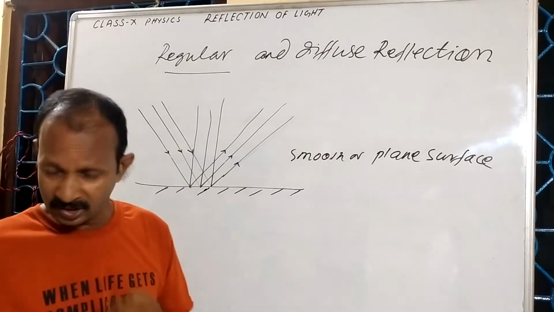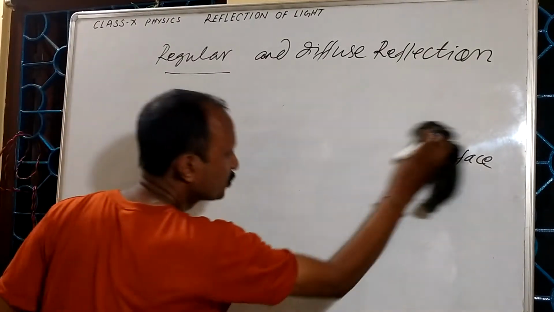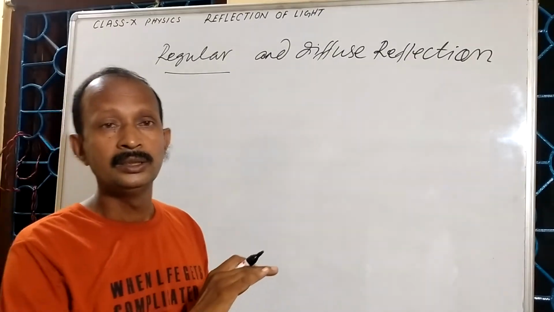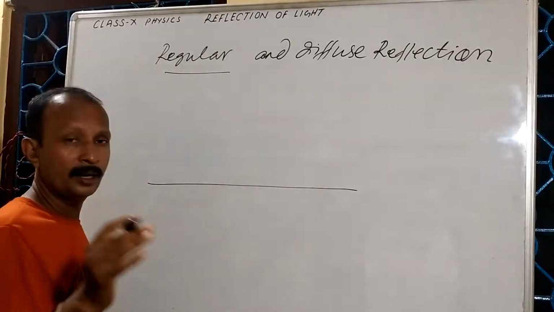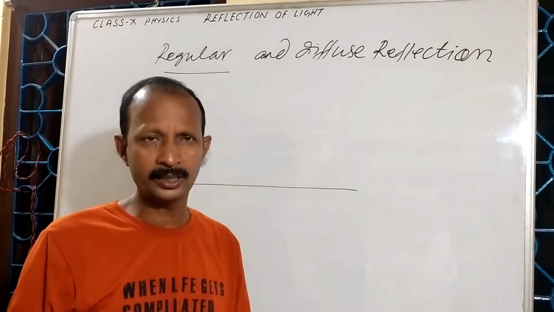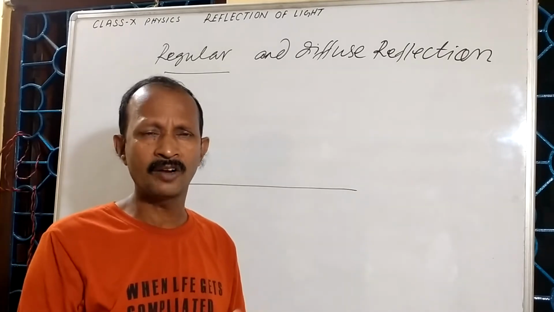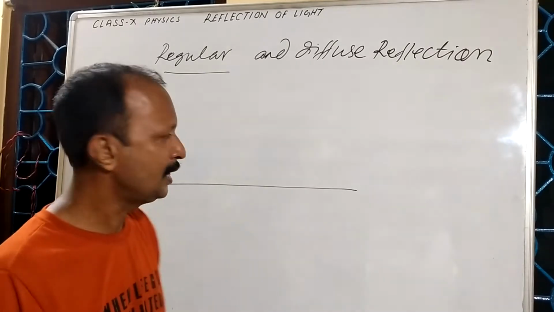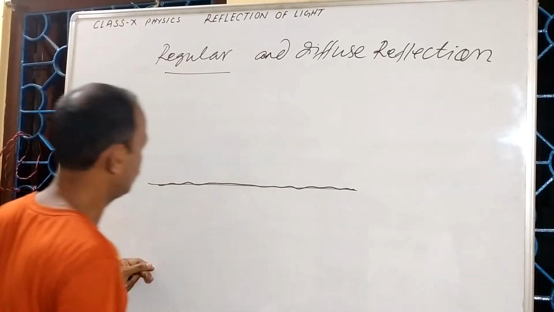But if the surface is not smooth, or if the surface is rough, in that case, suppose a piece of paper, it looks plain, it looks smooth, but if you see it with a high power microscope, you will find that the surface of the paper is not smooth like a mirror. It is a rough surface. So in these rough surfaces,